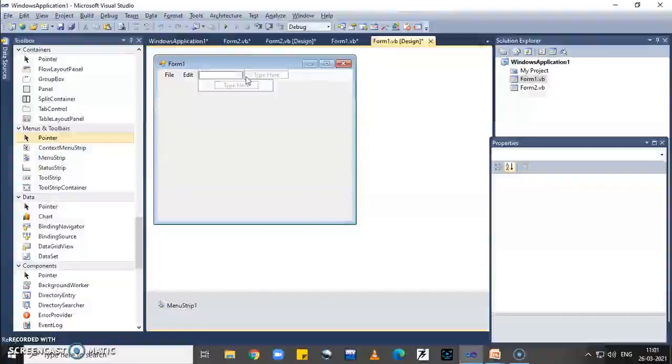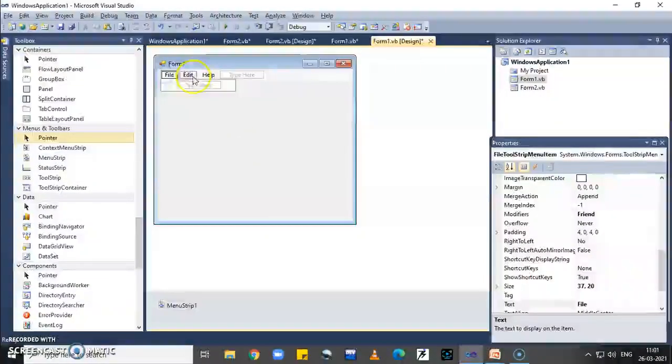Third, help, etc. In the file menu, we put some menu items like new, which is used to open new file, then open the existing file, then I put exit.